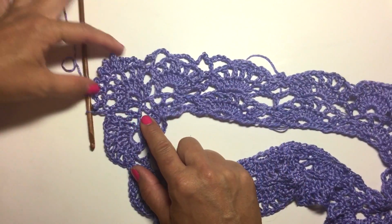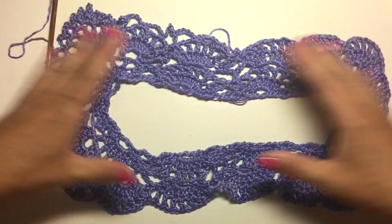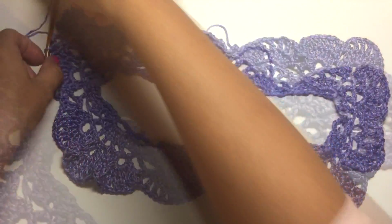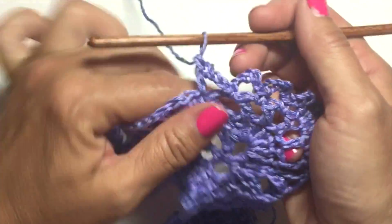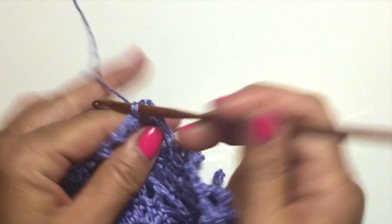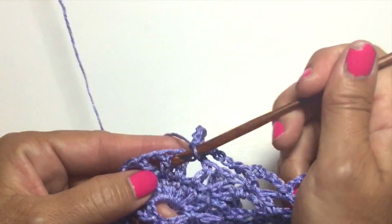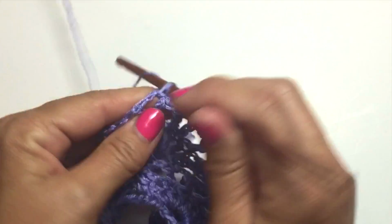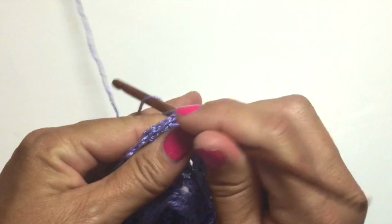And now we're creating more of our corner, so as this grows it will remain a rectangle that just keeps growing in the perimeter. So now we'll work our regular repeats over the next 2 shell repeats, which is a chain 5, skip 1 chain 1 space, single crochet in the next, chain 5, skip 2 chain 1 spaces, single crochet in the next, chain 5, skip 1 chain 1 space, double crochet in the single crochet,